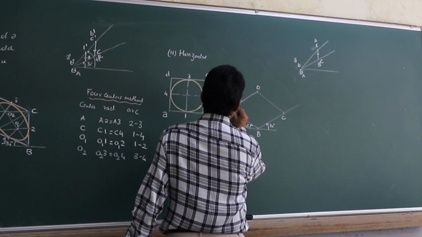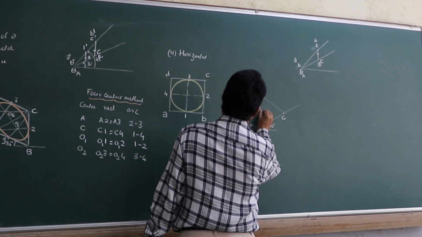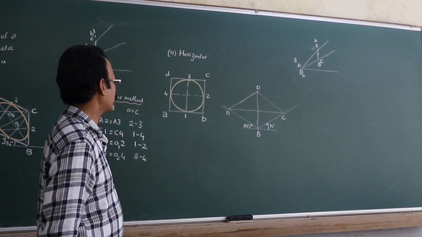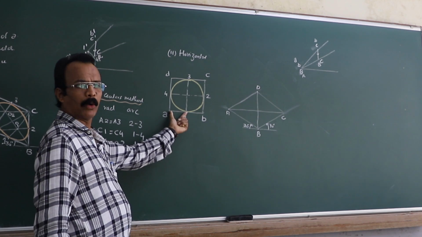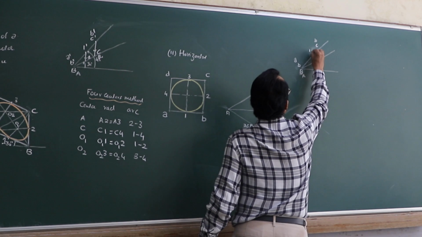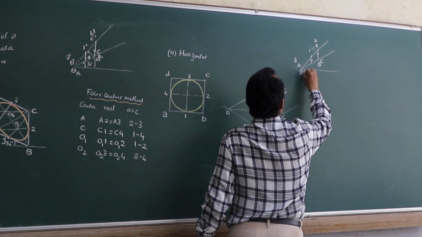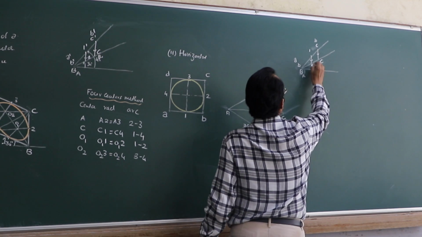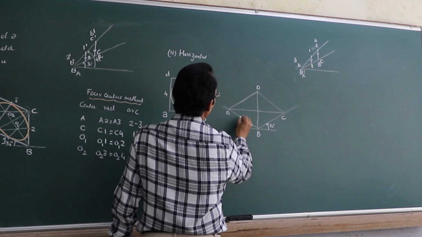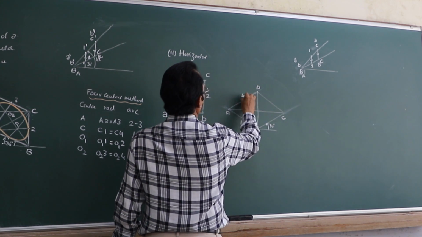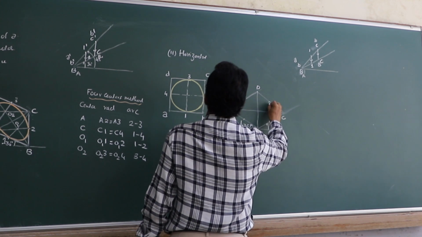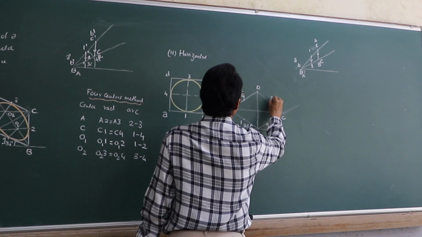Now, as we have done in the previous problem, draw the horizontal diagonal and the vertical diagonal with light lines. Then you have to mark these midpoints. Take this distance A1 and mark it here. A1, drop a perpendicular. You will have this A1 distance. Take this small distance and mark 1 here. At the same time, you can finish off 4 also. Similarly, from C, you can finish this 3 and 2.